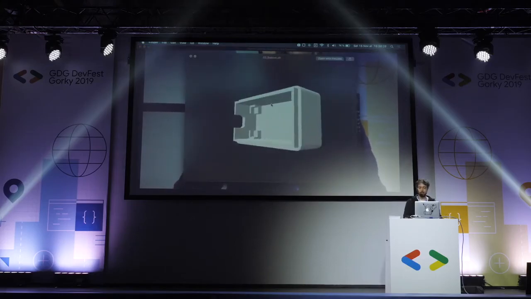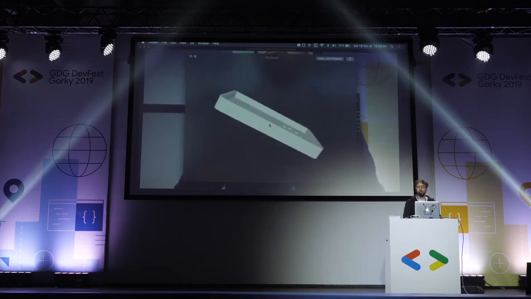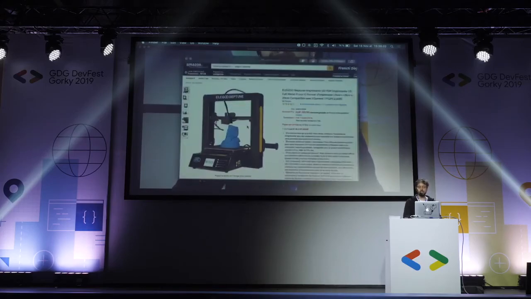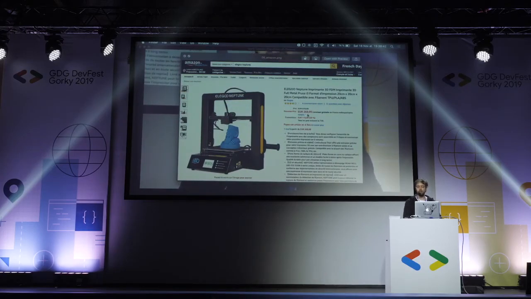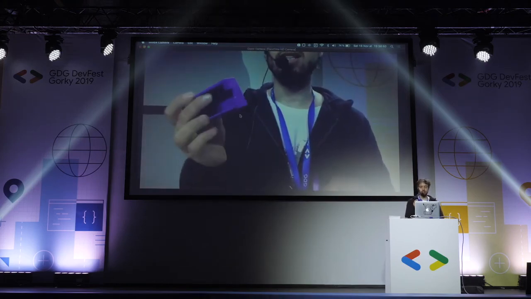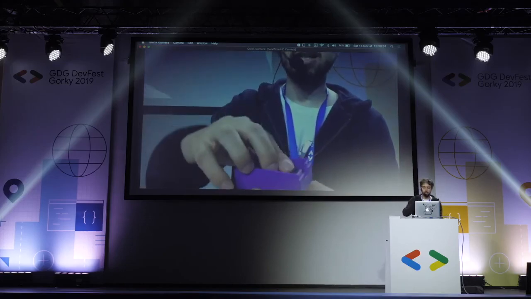Which is very useful if you want to 3D print those using 3D printers or services. So I bought myself a 3D printer. It's actually expensive, but it's much less expensive than before. For 250 euros you can buy one, so it's almost nothing now compared to before. It used to be 3,000 euros. And I just printed my box. And now I have my box, and I can just place my PCB inside.